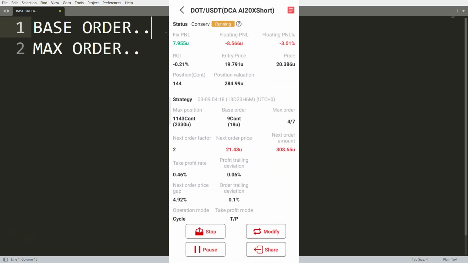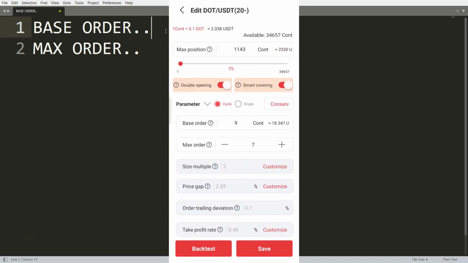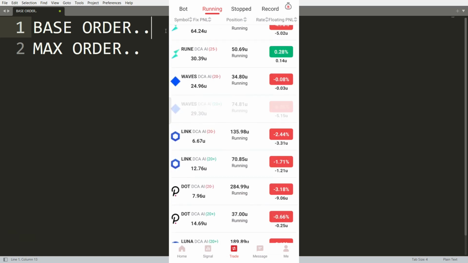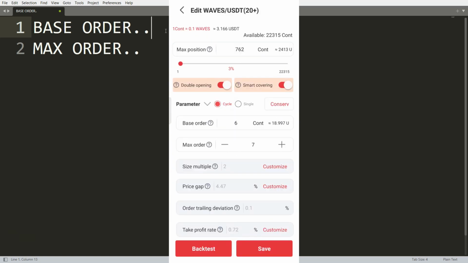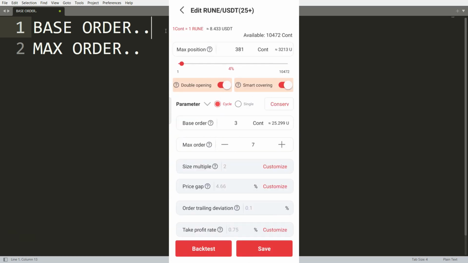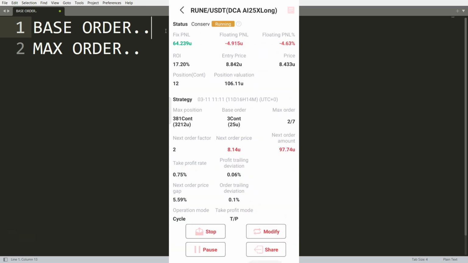So I want to show you. Look at DOT. DOT is super low. It's only 18. Look at the contract, guys. WAVES is pretty low too. It's only 18. So if you want to be safer, look at the contract. This one is 25. So if you can choose a coin with a lower contract,